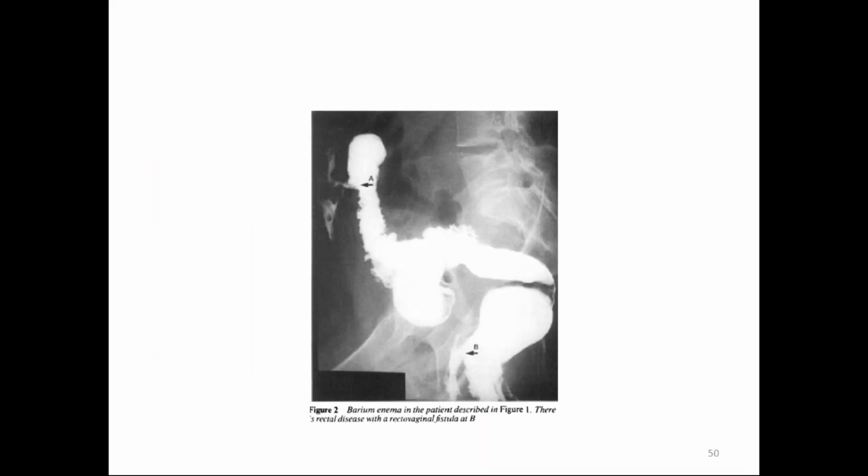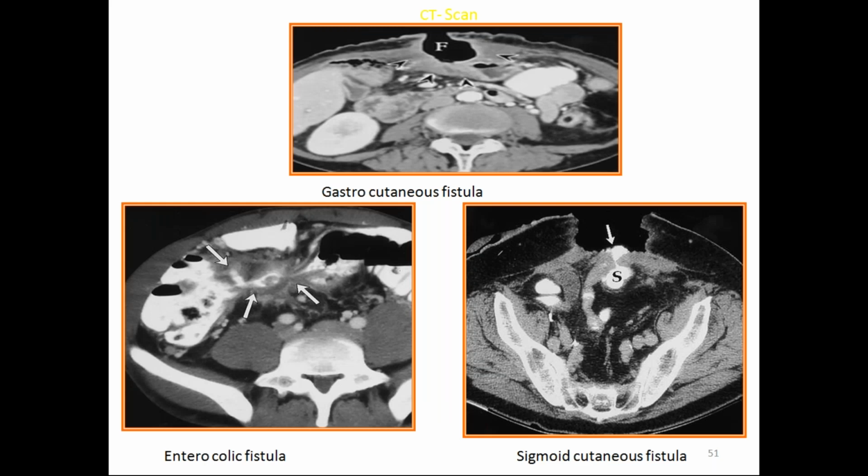So this is the connection between the skin and the small bowel, large bowel. This is a gastrocutaneous fistula. These are the MRI studies showing the fistula arising from the stomach to the opening on the skin. We can see the arrow marks from the stomach to the skin, with complete ulceration and opening. So this is the case of wound lesions.